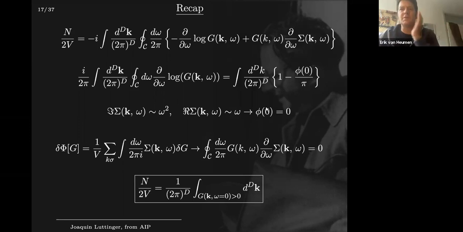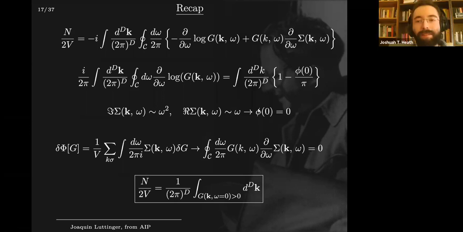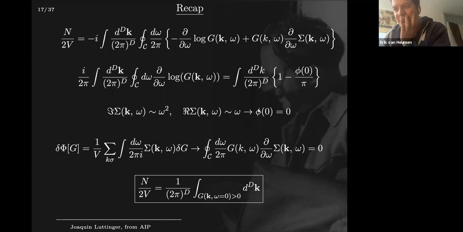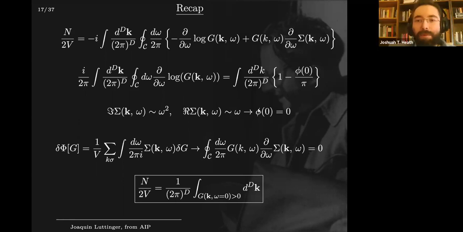Any questions at this moment? Yeah, maybe one question. You say this will apply under any form of interaction, but the interactions are going to change the self-energy. So it really rests on whether the low energy extrapolation remains omega squared. Yes, that's not necessarily true. And that will be the focus of pretty much the rest of my talk. When Luttinger first introduced this, it was for any interaction, but